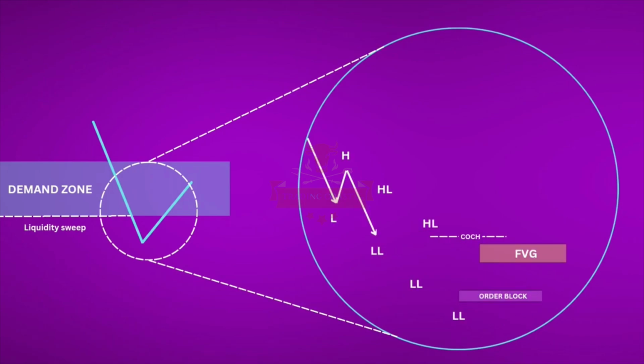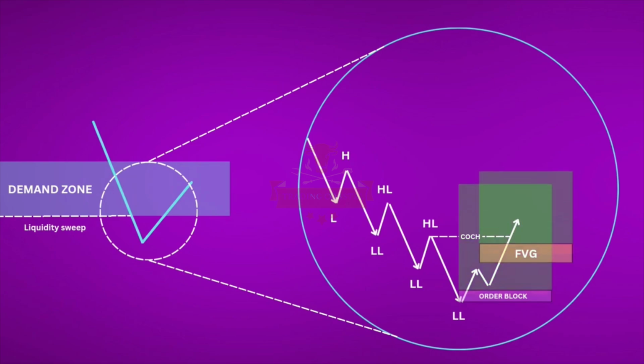After detecting the confirmation of market structure shift on the entry time frame, we can set our entry position on the newly recognized order block or fair value gaps attributed to the change of character. When these conditions align, we consider a long opportunity with our targets set at the external liquidity, which serves as